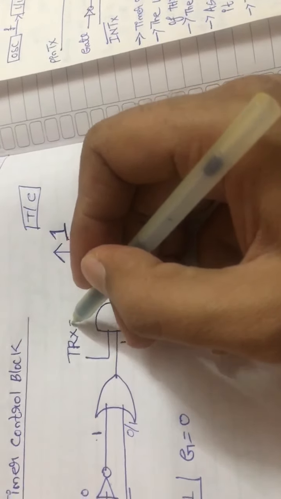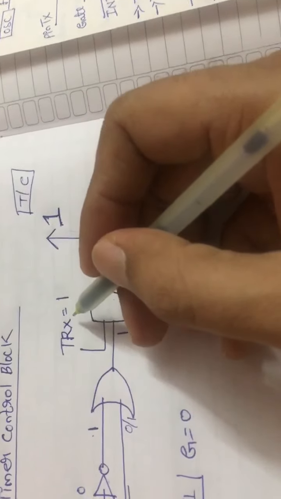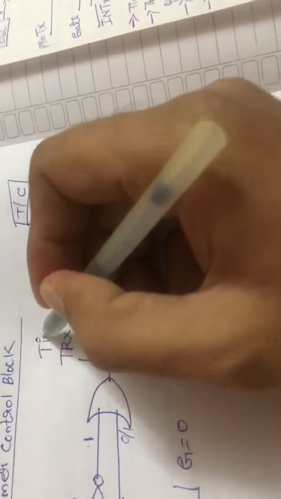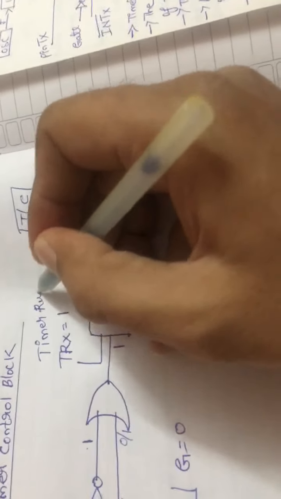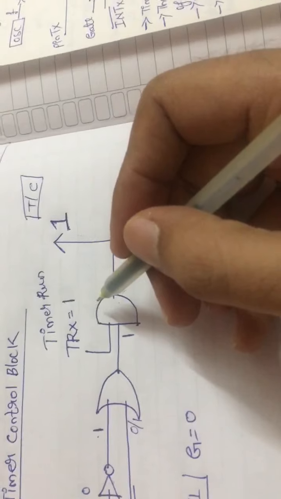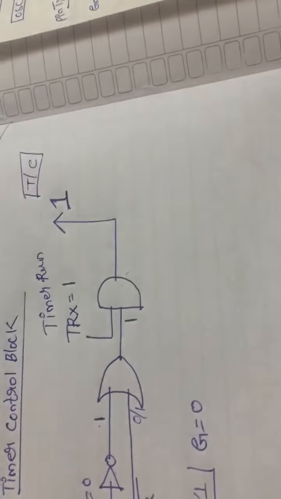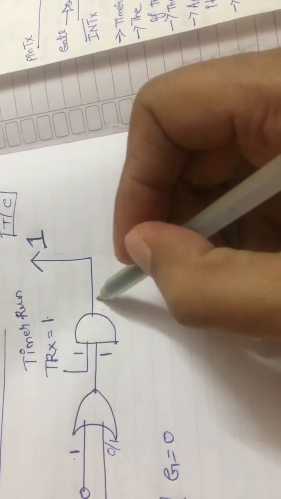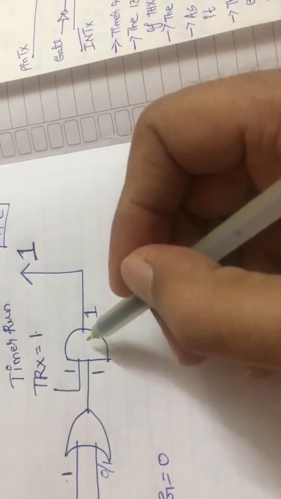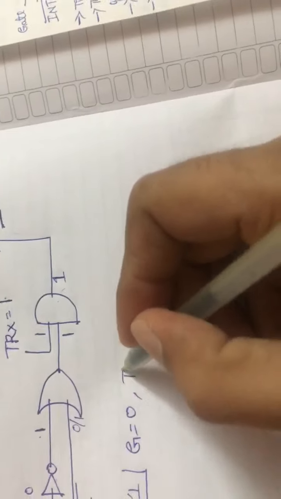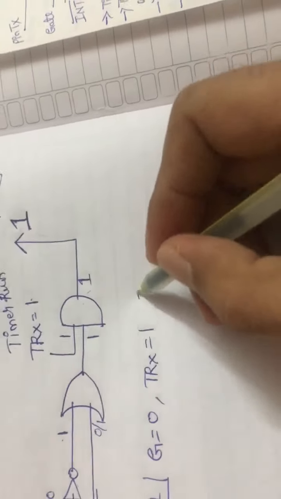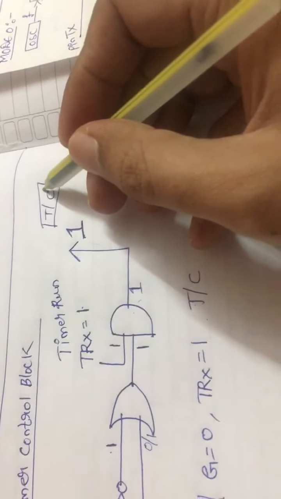And I have to get the output of this particular gate equal to 1, and only if I make TRX equal to 1. TRX is the bit which is used in the TCON register. TR stands for timer run bit, which tells whether the timer is in enabled state or disabled state, right? So if I make TRX equal to 1, I will get the output of the NAND gate equal to 1, right? So when GATE is equal to 0, compulsorily we should make TRX equal to 1. Then only the timer or counter will be started.